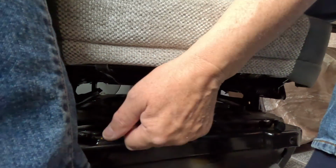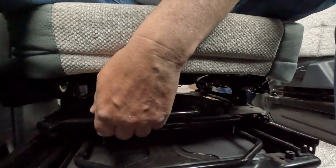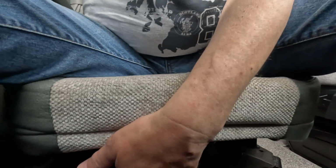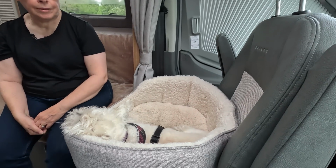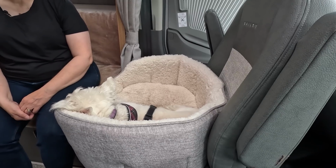There's a lever here, and that allows the swivel to take place. I can swing myself around. I don't know how much of this you're going to see, but you turn that, and then you can swivel. Well, I can't get back now. What I've noticed is, when we've arrived somewhere, you don't have a lot of moving the seat backwards and forwards to swivel it round. You just get hold of that lever and it just swivels around. Generally we've left this seat in its same position and just swiveled it round and not moved it,